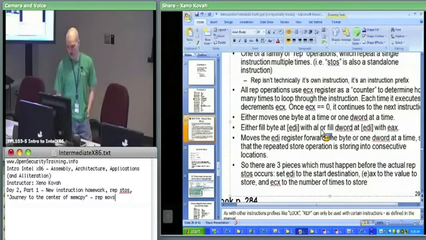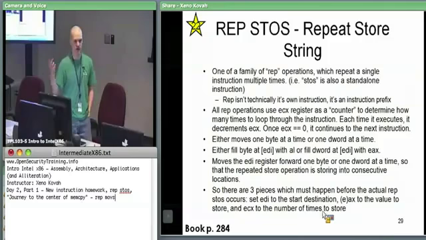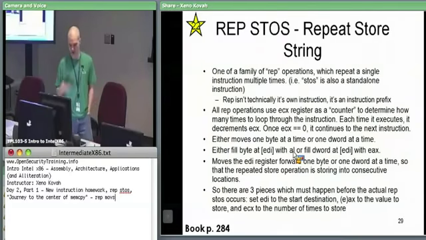All right, so you can take 1 byte from AL, which is the lowest byte of the EAX register, right? And we're going to put that into memory wherever EDI is pointing right now. So that's the core version of stos, is either take 1 byte from AL, stick it into memory at EDI, or take 4 bytes from EAX and stick it into memory at wherever EDI points to. And when it does that,